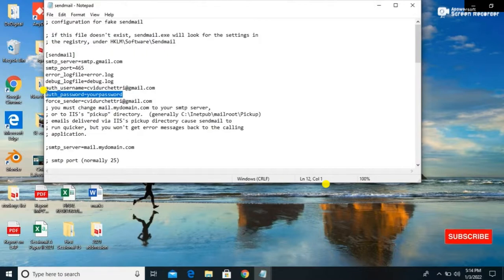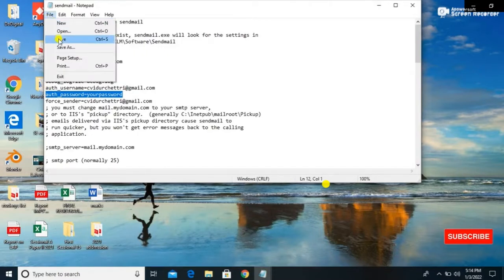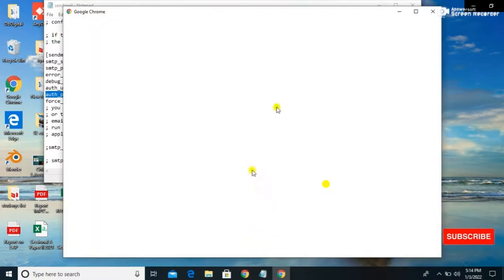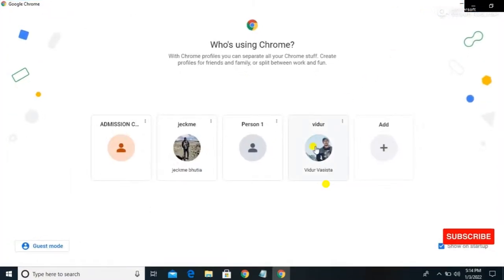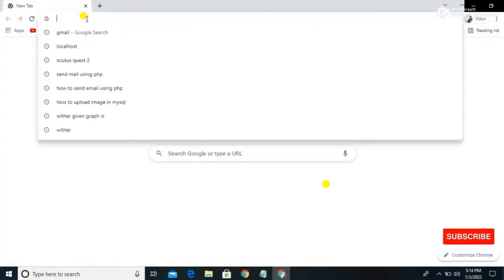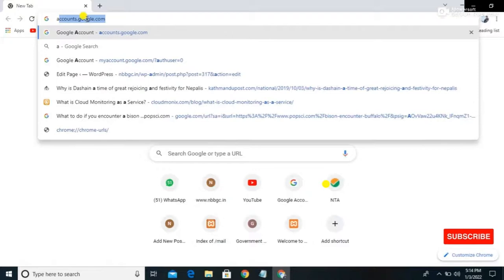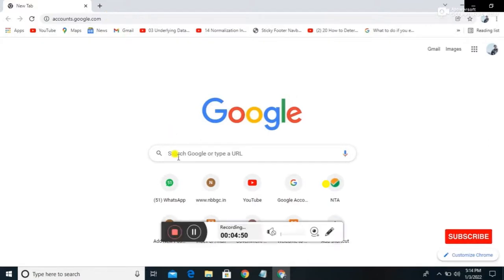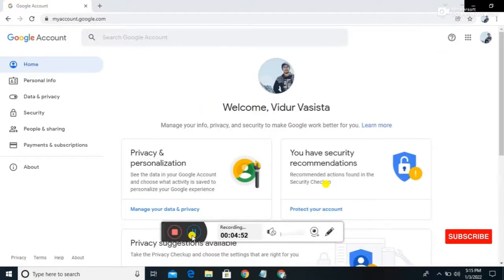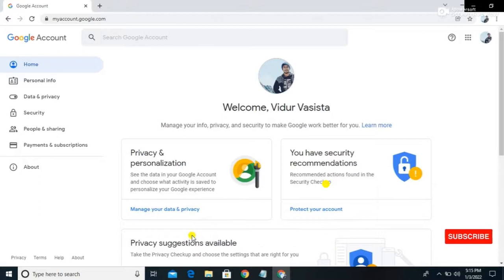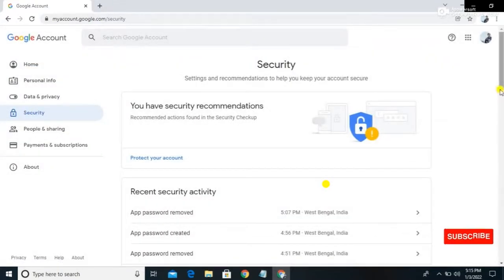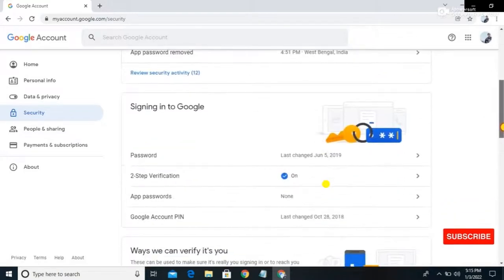We need to generate our app password from Google because we are using smtp.gmail.com. To generate the app password, open your favorite browser and type accounts.google.com. After that, we need to go to the security option, and from here we can create our app password.